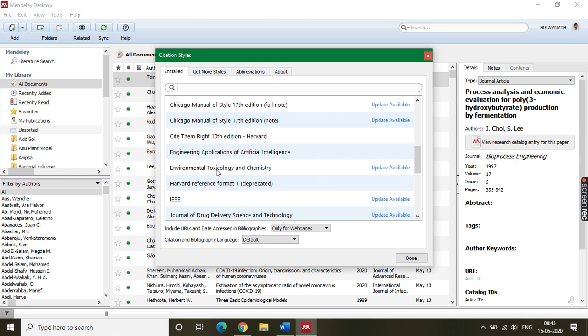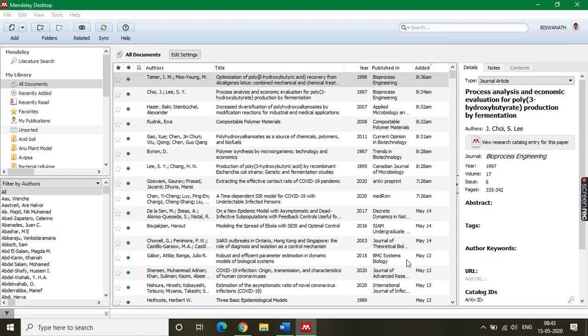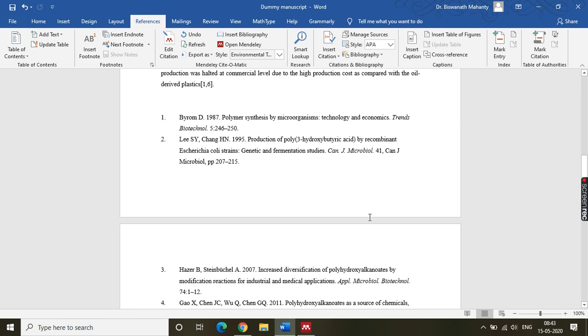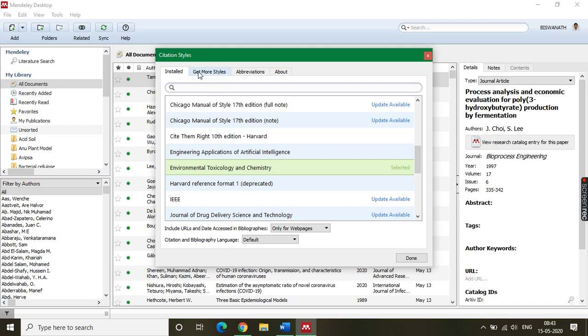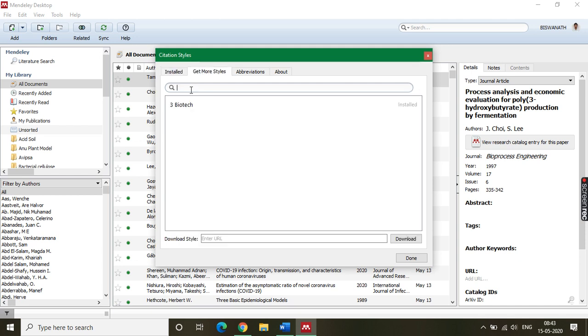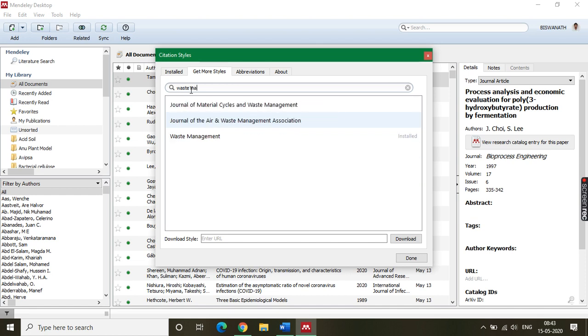For example, I am going to Environmental Toxicology and Chemistry. I want to use this style. Done. It will be changed immediately. But if it is not already installed, then you go and get More Styles, whatever style you want to use. For example, waste management.